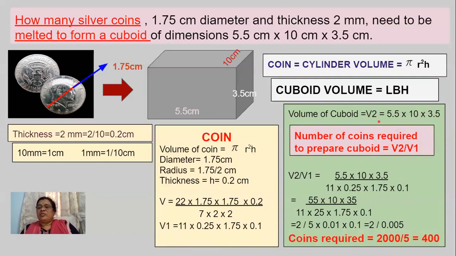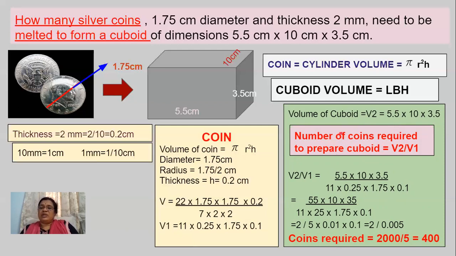The cuboid volume, take it as V2, is this. I didn't multiply, I just kept it like that. They will cancel by dividing as such. Don't take the risk of multiplying every time. Ultimately, in the last final step, we have to cancel. We have to divide V2 by V1, and by that time we'll cancel. I just kept the volume.